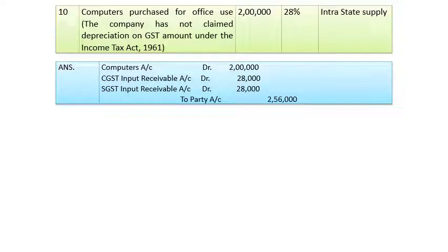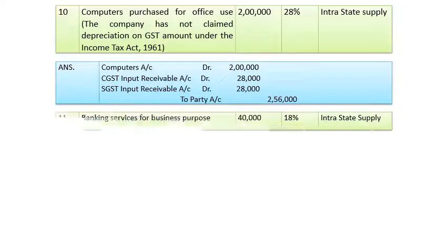So in this case, the entry is computers account debit 2 lakh, CGST input receivable account debit 28,000, SGST input receivable account debit 28,000, to party account 2,56,000. As the company has not claimed depreciation on the GST amount under the Income Tax Act 1961, Section 32,